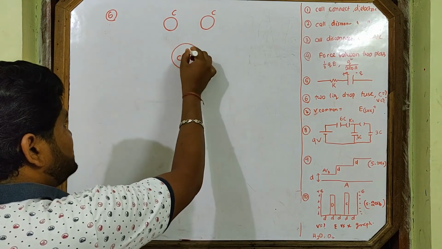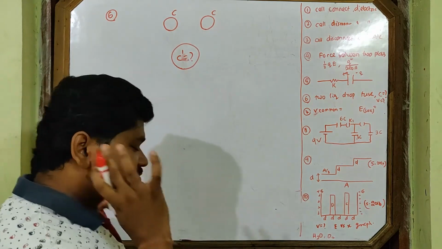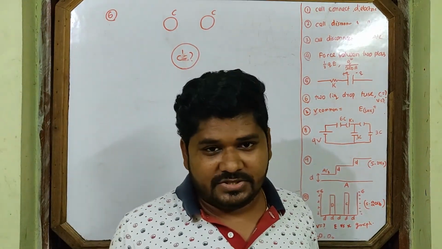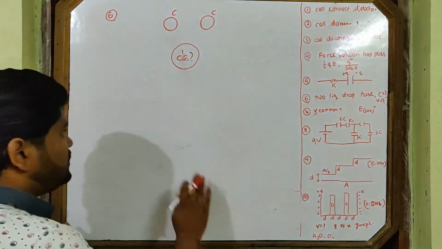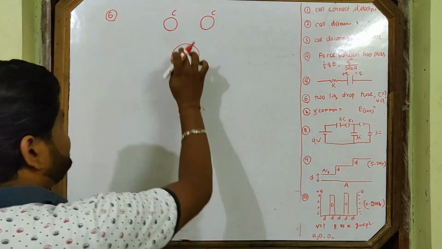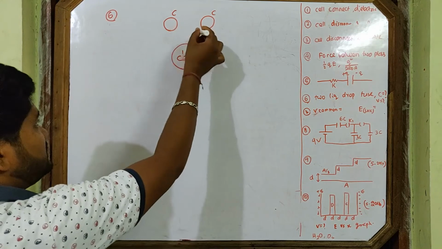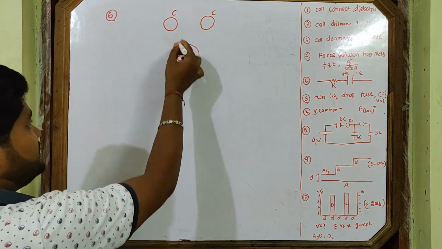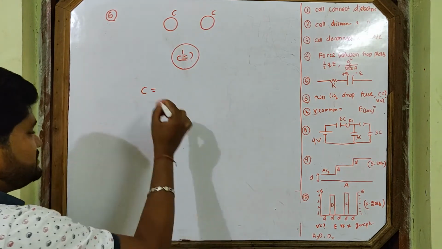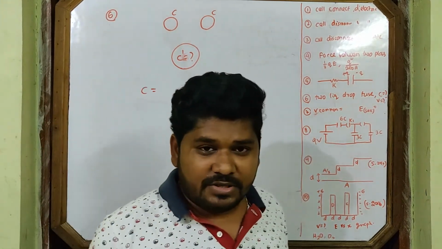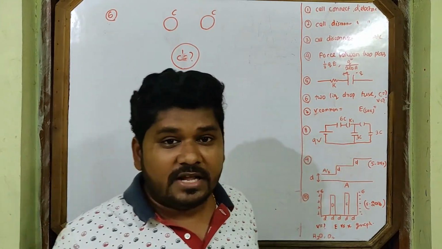Now we have to find out its capacitance. C dash, let's do. What is the new capacitance? This is the question. How do I solve this question? Now see, two capacitors are like this. These are just like a spherical conductor. A liquid drop behaves like a spherical conductor.